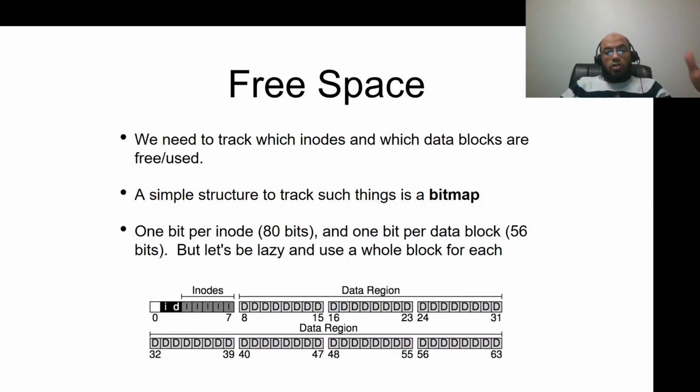In addition, you now have constraints on the inodes. You cannot have more than 80 inodes, but you also have constraints on the total amount of data that you can store. You had 64 blocks of data, you kept 8 for metadata, so you only have 56 blocks where you can store data. Each of these blocks is 4 kilobytes. What you want is to make sure you know which blocks are being used and which are not, so that when you're creating a new file, you know which parts of your storage are free,